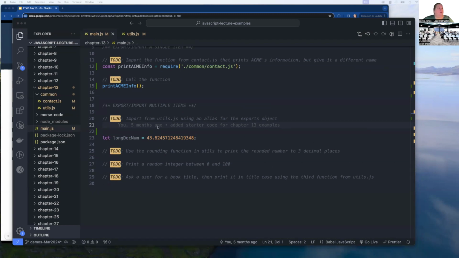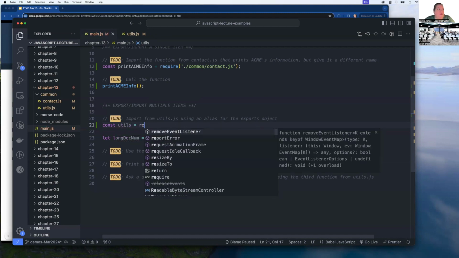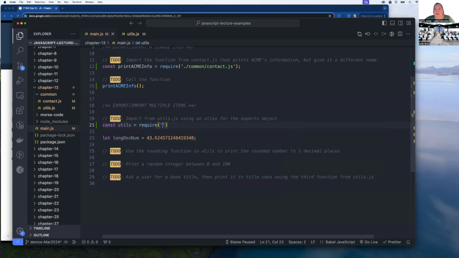Right. So we're going to have a single import that's going to handle just referring to the object. And I'm just going to call it utils and name it after the file. That's a very common thing to do, but you could call it anything you want to, really. Doesn't matter because you're saying I want to go to the utils.js file, and so it doesn't really matter what you call it. But now that we have called it utils, that's what we need to use to reference each